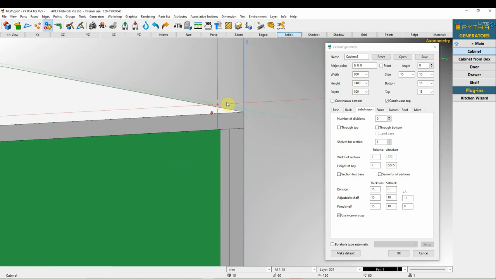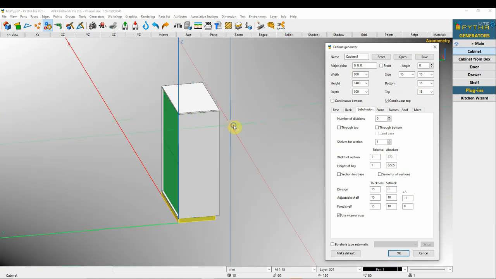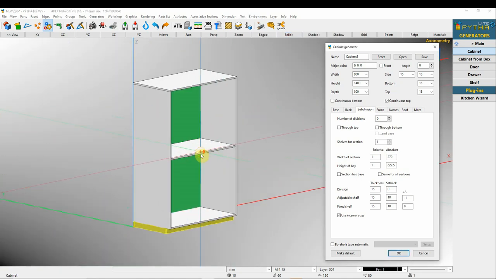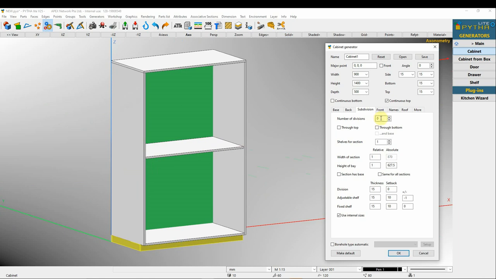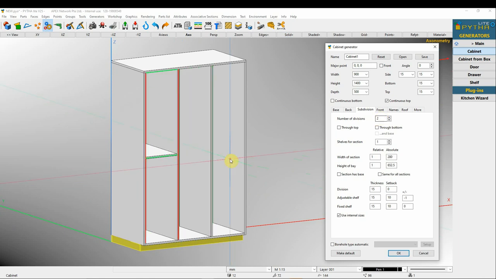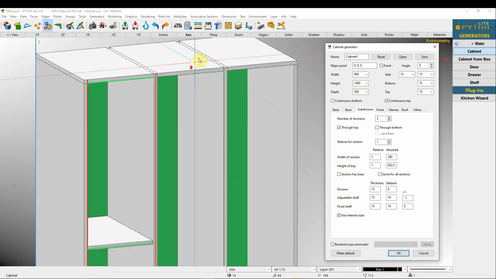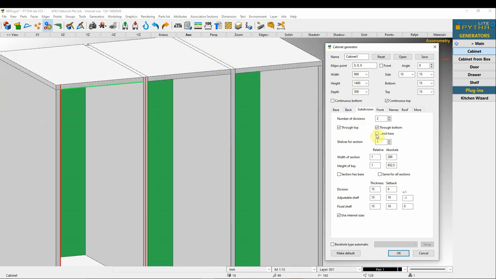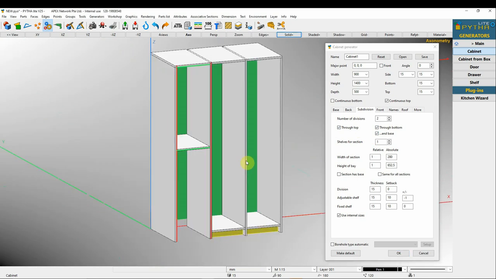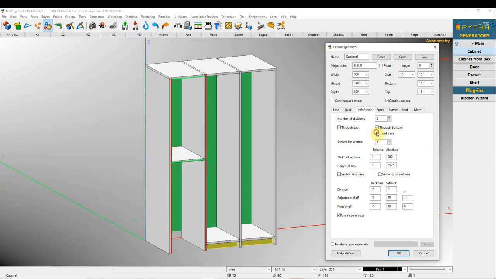Subdivision. Over here, we can control how many divisions are there. So we can choose. Next, we can select whether it's true top, true bottom, and base. Such construction can be done.